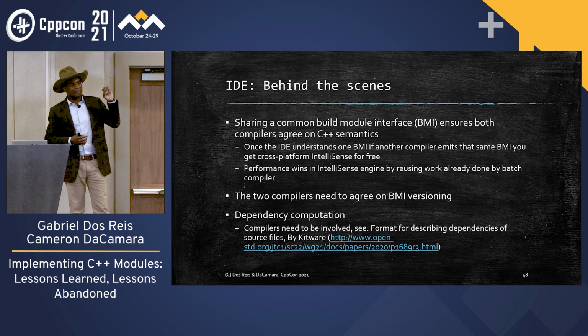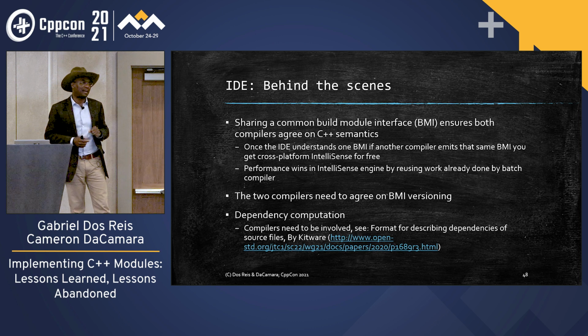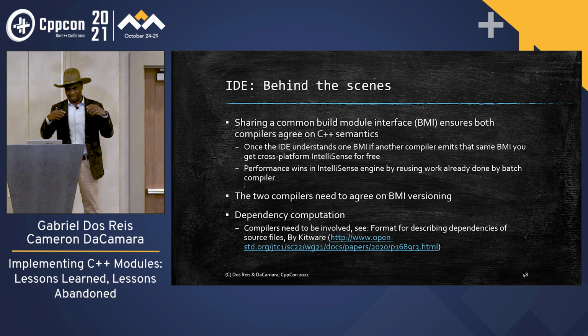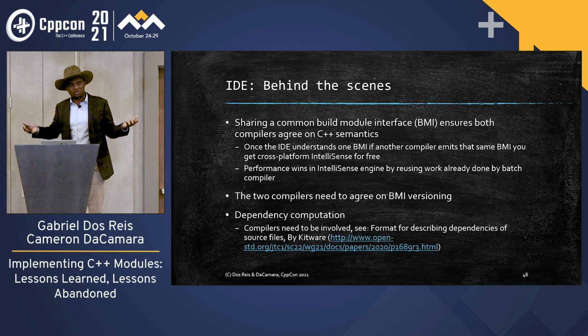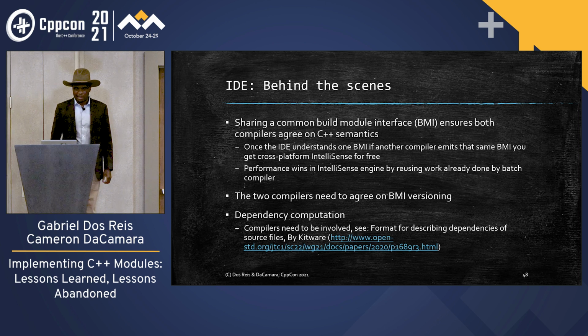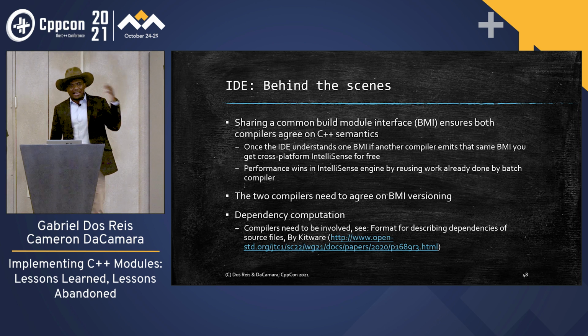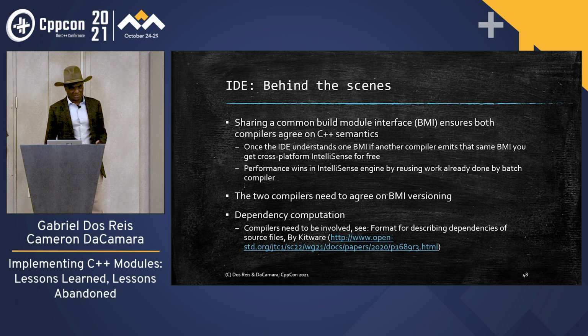So the upcoming technical specification for the modules tooling will recommend this format, and we expect that tool vendors will get involved, and most of them are already part of the conversation going on. So the IDE needs to do its part, and so this is mostly advice to tool vendors. But what you as C++ programmers should do,